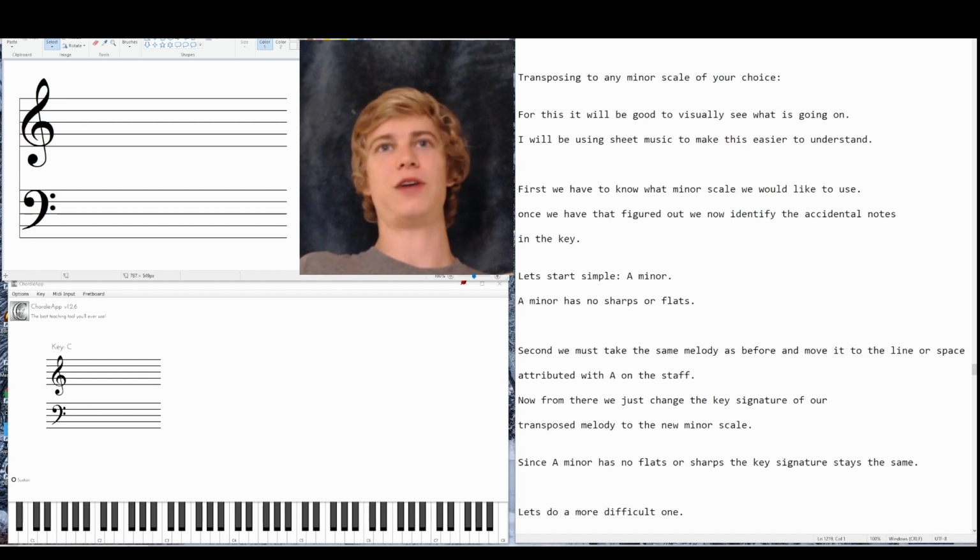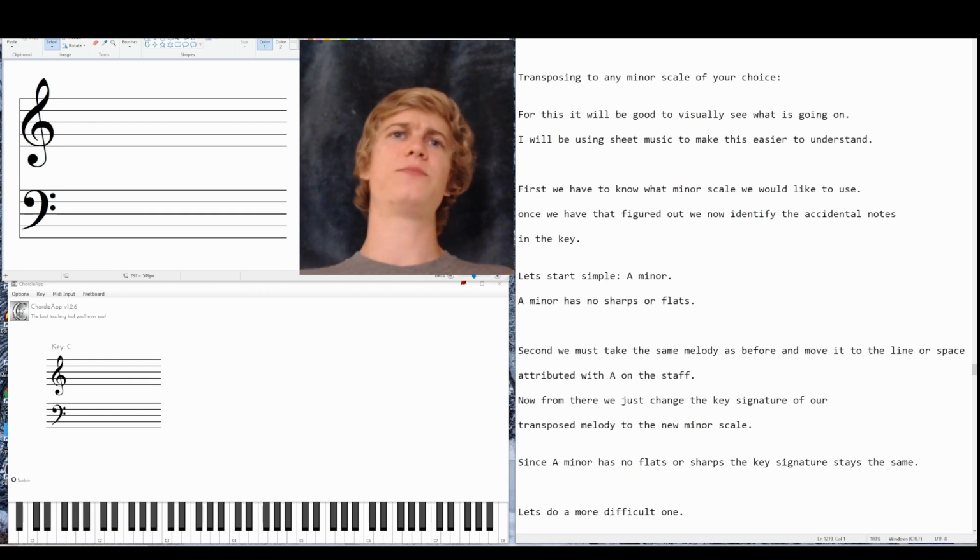Once we have that figured out, we identify the accidentals in the key. Let's start with a simple A minor. A minor has no flats or no sharps, as we talked about in the example before. If you don't remember, that is no problem. Just remember that A minor has no